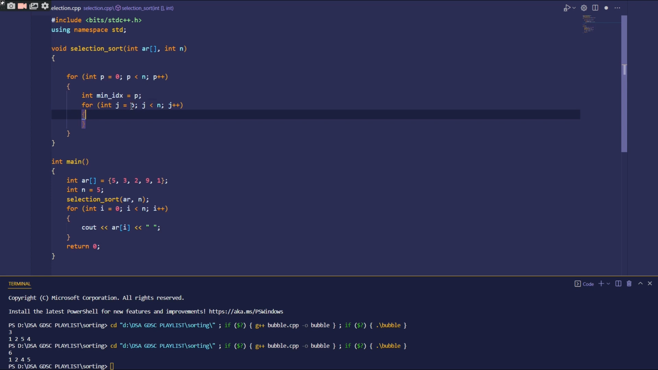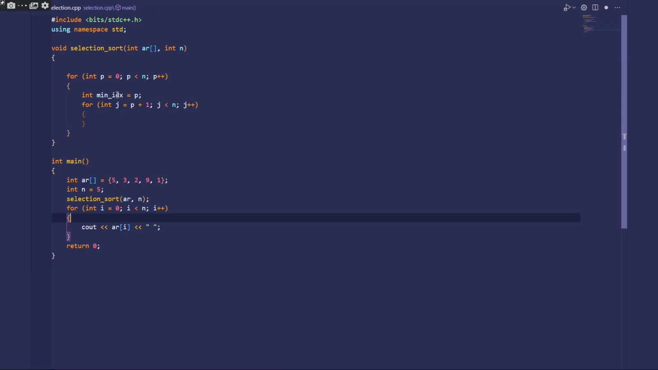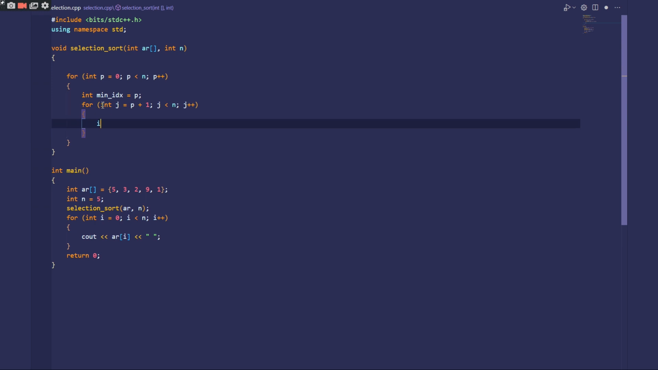You don't need to run from p itself, because you have already considered that element in the min index, so it's not necessary to run it from here. You can also run it from p plus 1. So here I'm running a loop from j equals to p plus 1 to j is less than n. Okay, now as we have to find the minimum index, what we will do, we'll check if the element array